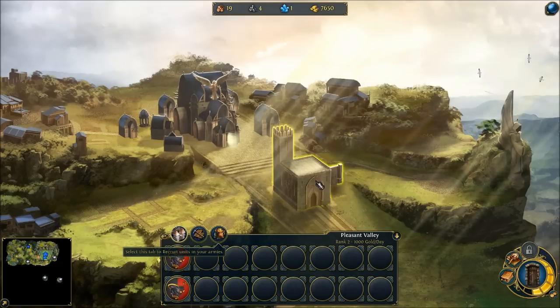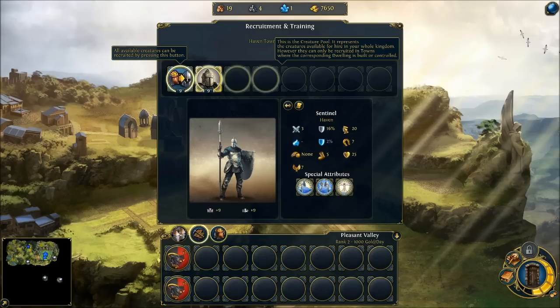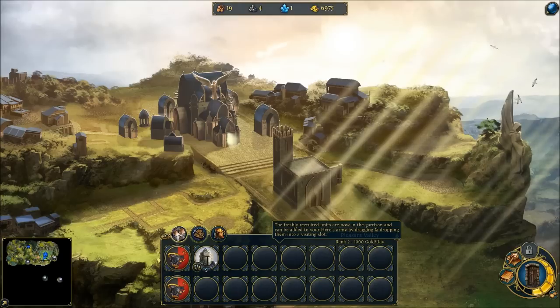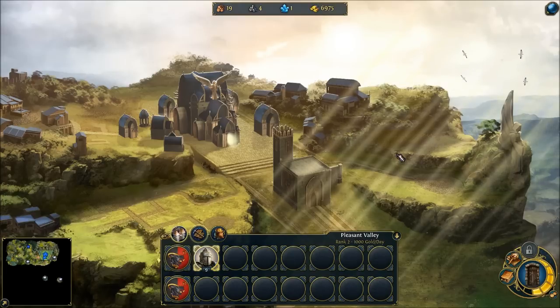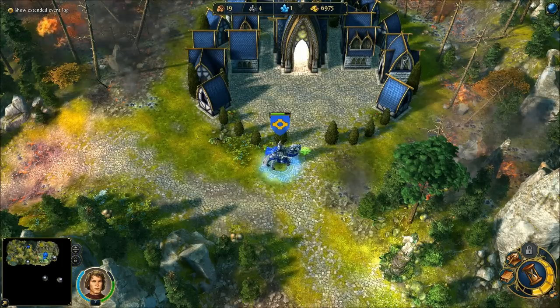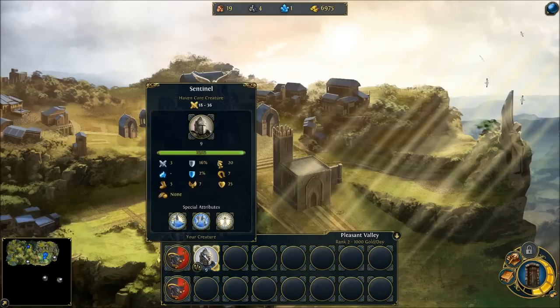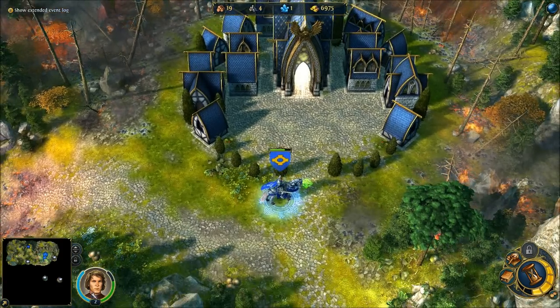There we go. And now I have access to another tab, which is this tab. And I could get some sentinels. So I'm just going to purchase all the sentinels I can. Got the gold for it anyway. There we go. And so I want to add them to my army because I don't have them right now. But for that, I think my hero needs to... Oi. Why can't I...